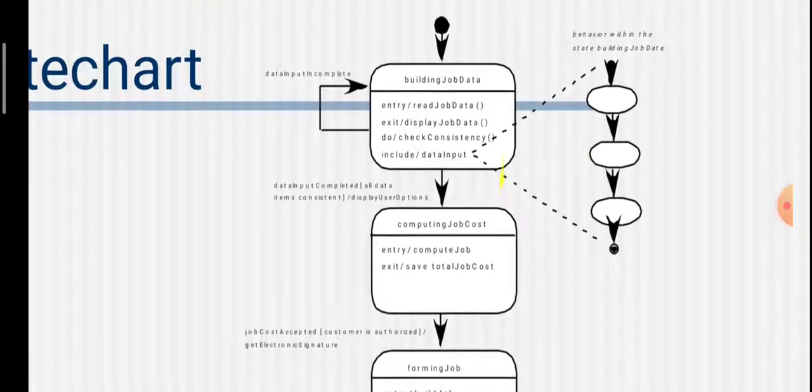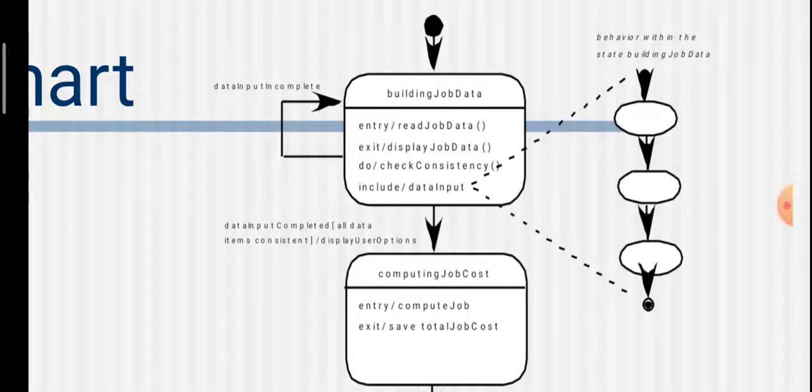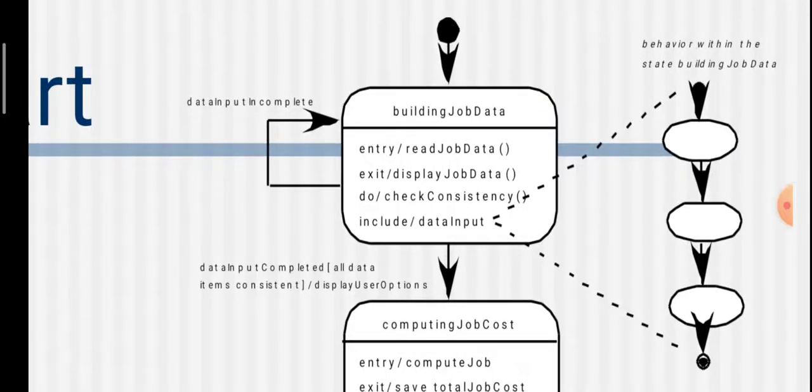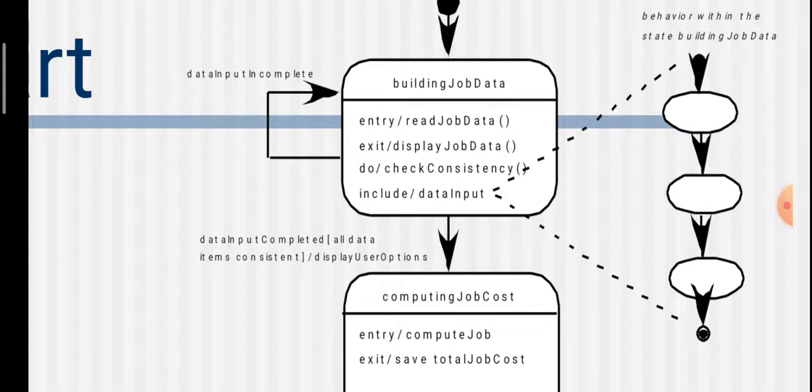State chart. So what is a state chart? A state chart has a start button and end button. The state of the job is represented over here. The methods that it uses are represented in the next part. The first part is about the title of the state. The second part is about the different methods it will work on. Like the first thing, we can see the entry for building job data. It requires, that is, it has to go to first read job data. So after read job data, it has to display the job data. So that is exit. Entry in the sense it is the input, exit in the sense it is the output.